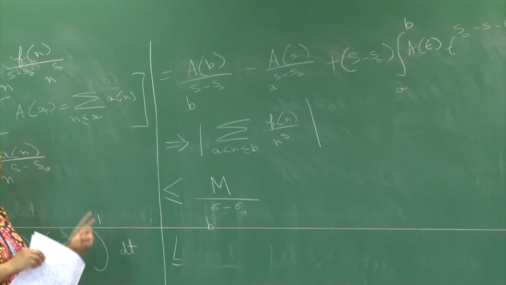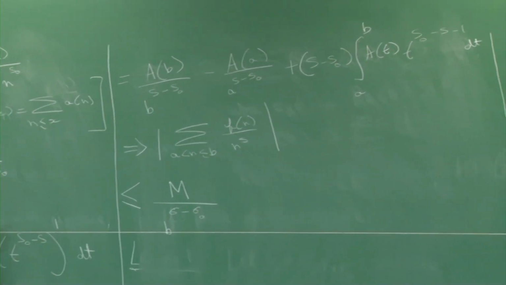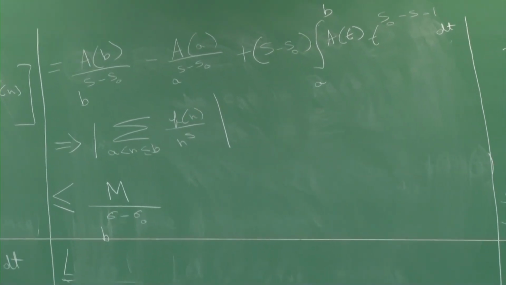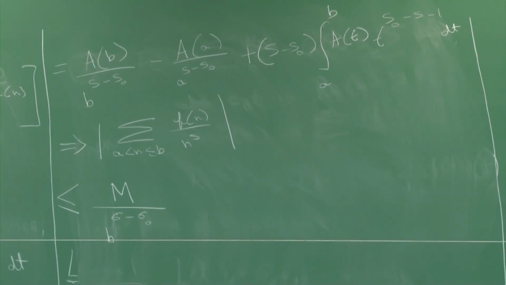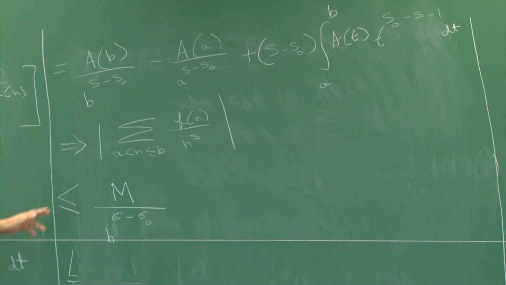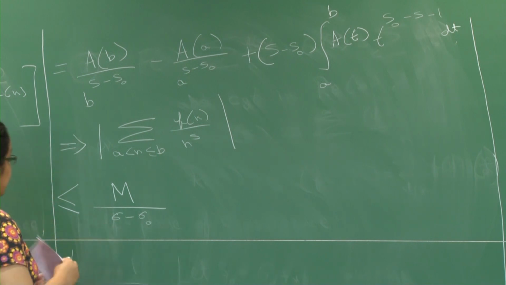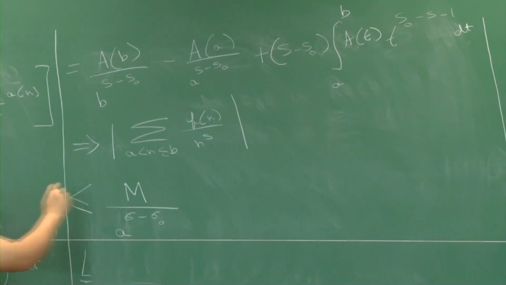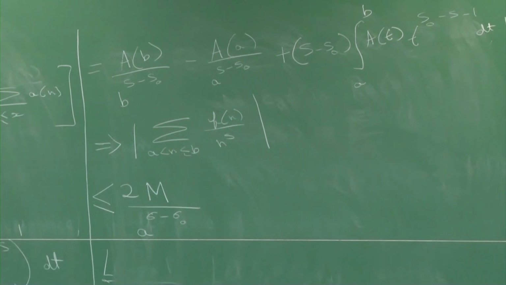Between a and b, you know that a is less than b. Therefore, 1 over b raised to the sigma minus sigma 0 is certainly less than 1 over a raised to the sigma minus sigma 0. So you can just take a raised to the sigma minus sigma 0 and take 2 times m,